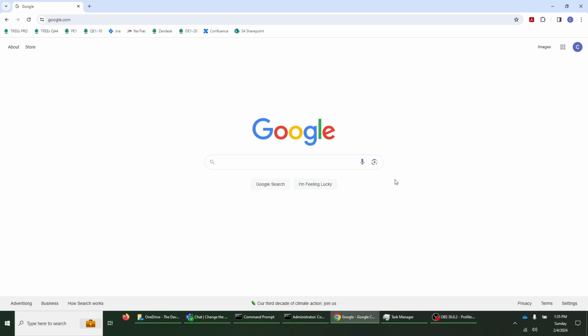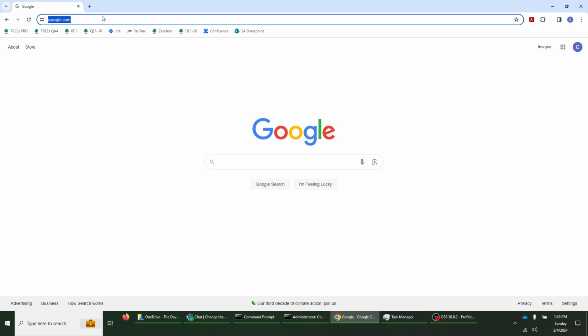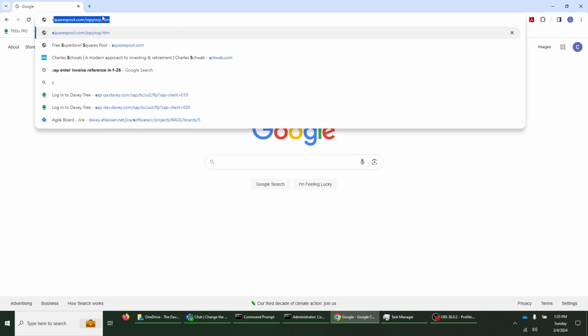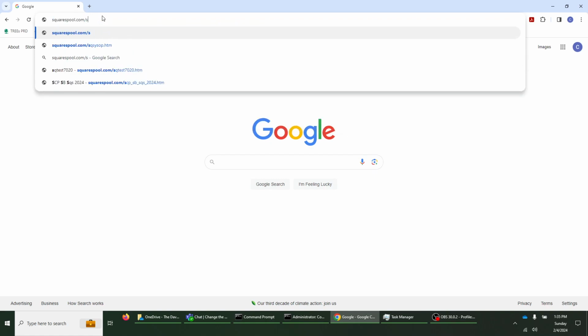Okay, this is a quick tutorial on how to use squarespool.com to run your Super Bowl Squares pool online. Makes it a lot more fun. Okay, first you go to squarespool.com